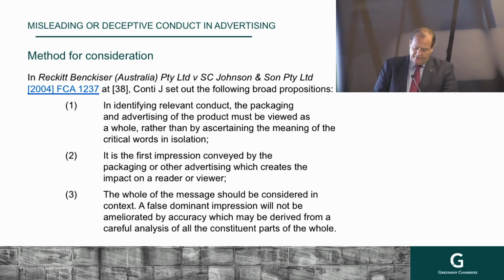These matters do not elevate the case to a question of principle, but they should be borne in mind when broad laudatory language intended to affect the buying decisions of members of the public is such as to lead consumers into error and so to mislead or deceive. And the justification for such conduct involves an intellectual shrug and a knowing nod to the effect that the public is cynical enough to look after itself. Essentially saying,